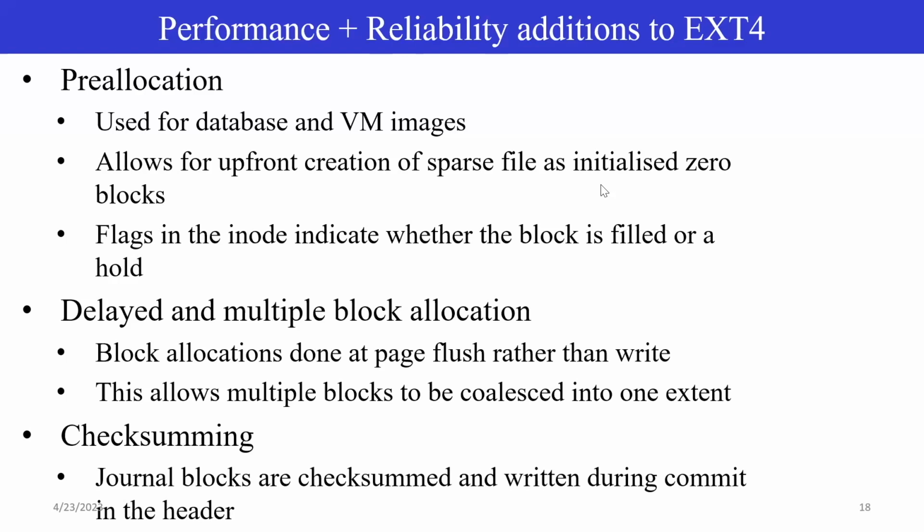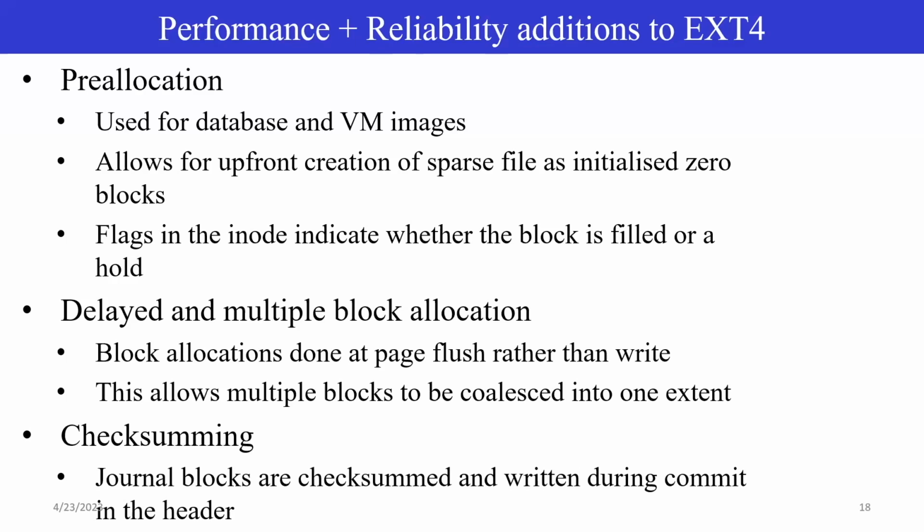The second thing is called delayed and multiple block allocation, which again comes as a part of the extent. Basically, when you do block allocations as of now inside the file system, they are done as a part of the write. As a part of the write, you go and actually do the block allocations. Here, the block allocation happens as a part of the page flush. The page flush is what happens when the pages are getting too filled. That's when the buffers actually get written to the actual hard disk. Although the blocks get allocated as a part of the write, the buffers get actually written as a part